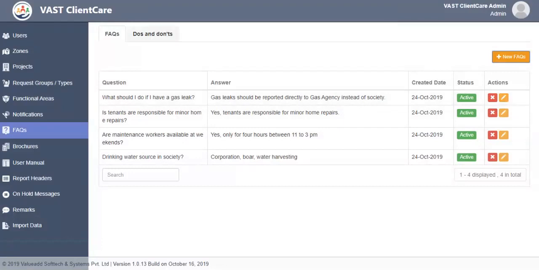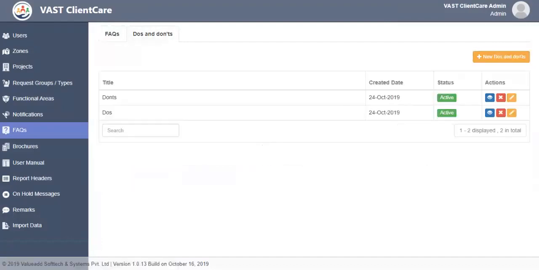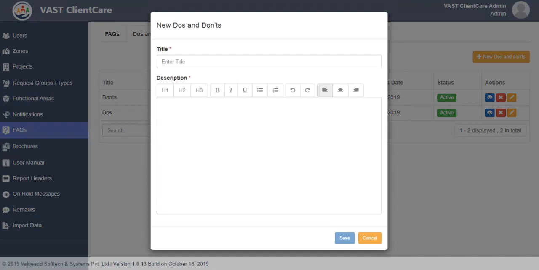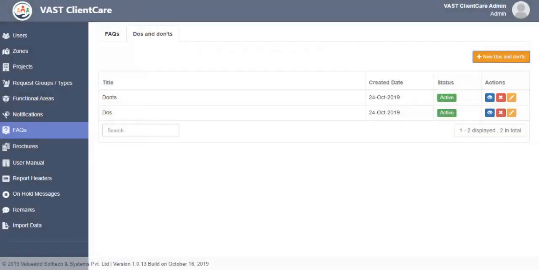Then there are do's and don'ts on the left side, if you click on that, these are the do's and don'ts for the projects. New do's and don'ts can be added through this button. Simply enter the title and description, and those will be added. We can simply view by clicking on this button and inactivate and edit the same. Now in brochures,